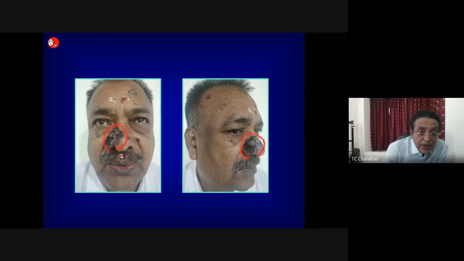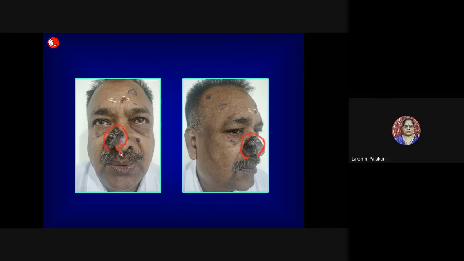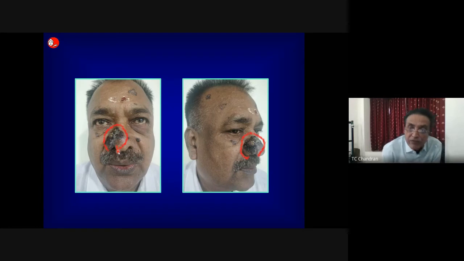Now, whenever you excise the alar rim, you need to reconstruct the alar rim for proper aesthetic appearance. So you can fashion everything using a scalping flap. Of course, fascio flap, I need to check the area behind the ear. Again, fascio flap is a very good option for nose. I have done a fairly series of cases.